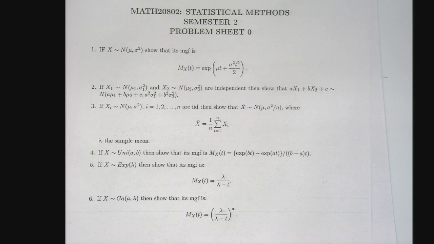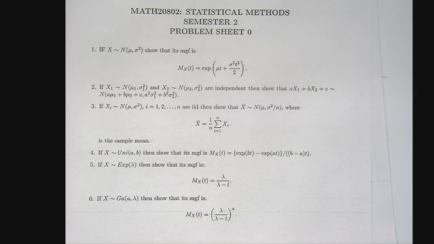But you have two variables, x1 and x2, and these are independent random variables, independent and normal variables. The question is to show that